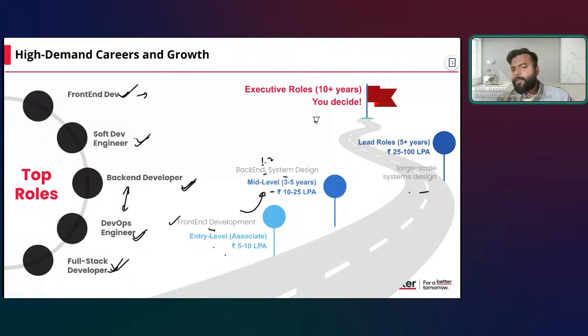And at the end, you have executive roles. Now if you go from this role, point is, the salary and everything, when you start it off, if you have the right skill set in this whole world right now, if you are part of tech, you will be more comfortable in transitioning to anything which will come up in the future, because tech is always going to be there. If you get into this, if you're interested, of course, all the other fields, if you are genuinely interested, that's something which you can pursue. But at the end of it, if you have the slightest of interest in the tech and development, then it's going to be fulfilling, and you will always have the upper hand in terms of your skill set and your confidence as well.